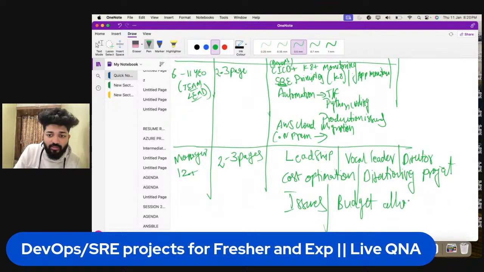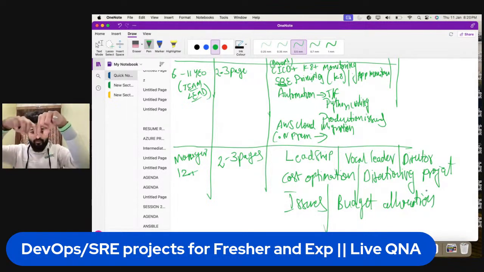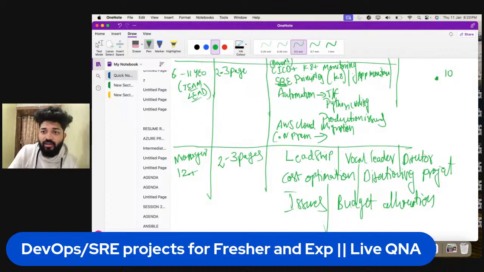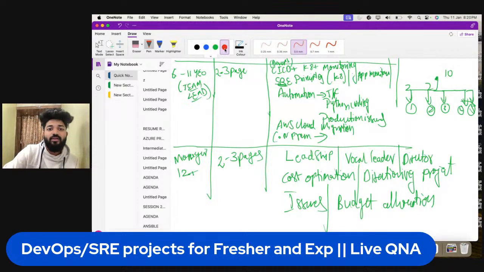Budget allocation is very important, because suppose you as a manager get 10 rupees, how do you divide it among the people in your team? Suppose a manager gets 10 rupees, he will divide 2 rupees to each one if his team has 5 members, 1 2 3 4 5, and each one will be given 2 rupees.